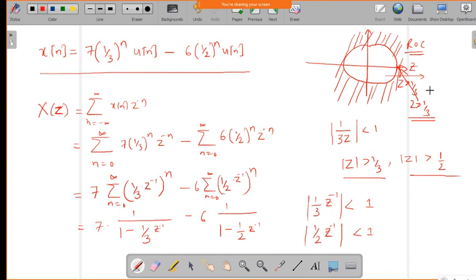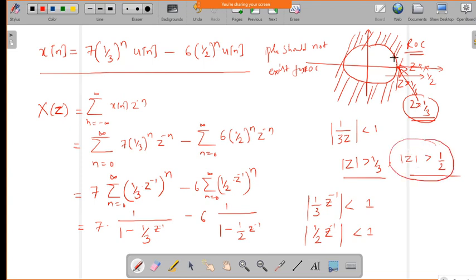Sorry, here one more point you can note down. As I said, a pole should not exist in the region of convergence, right? That point you always note down. Pole should not exist in the region of convergence. Now if you take z greater than 1 by 3, where z equals somewhere here, right? Is it not? So this leads to an infinite value. So it will not give absolutely summable. That's why for the region of convergence we need to take z greater than 1 by 3.